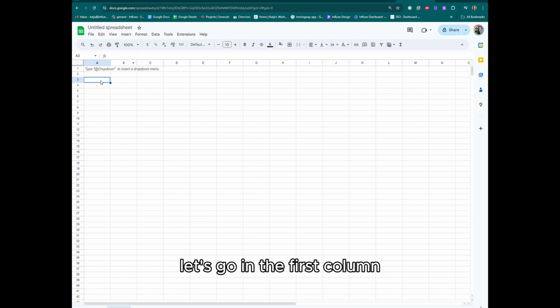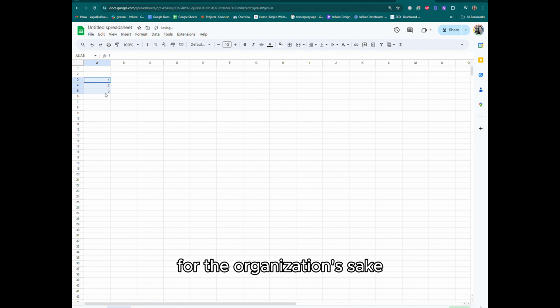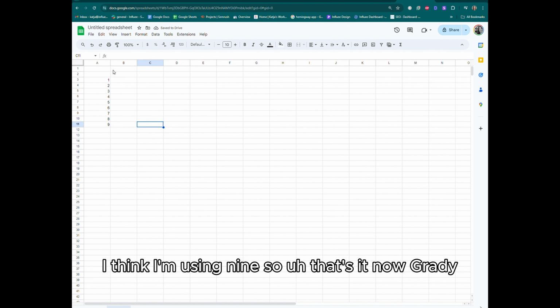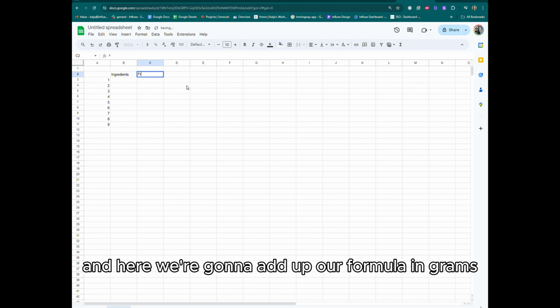First things first, let's go in the first column. We're just going to number the ingredients for organization's sake, so that we know how many we're using. I think I'm using 9. So that's it. Now we're going to list the ingredients, and here we're going to add up our formula in